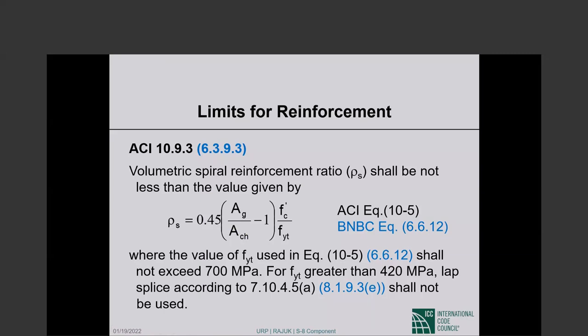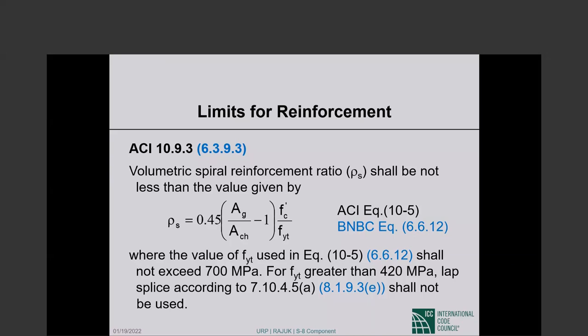Look up the definition of A sub CH and please make sure that you use the exact definition. That definition has been moving around. This is why I don't want to give you something off the top of my head. I don't remember what it was in 2008. Okay? So anyway,